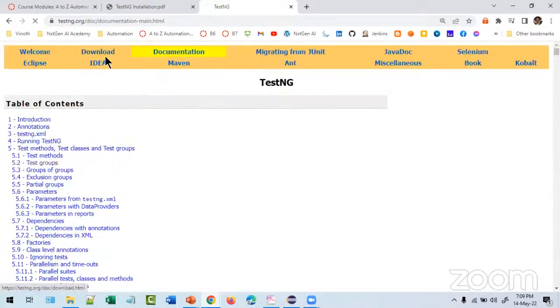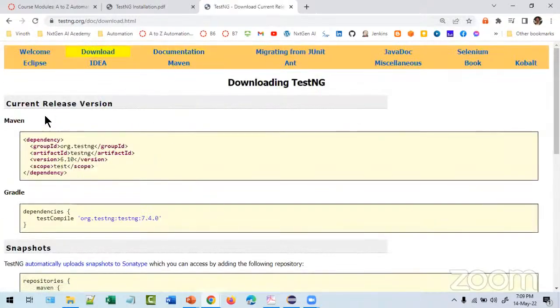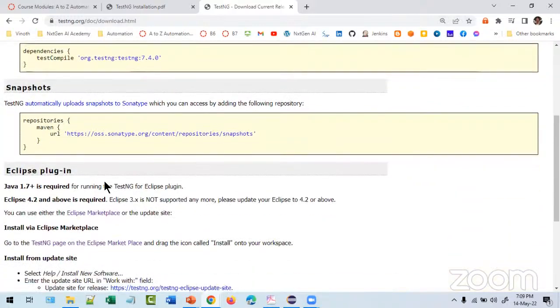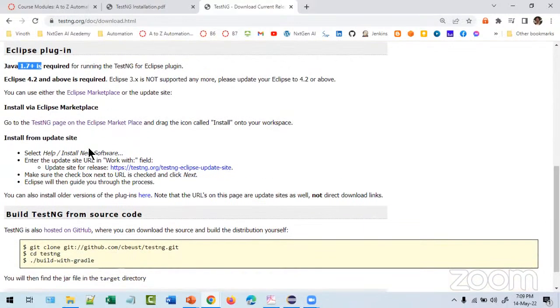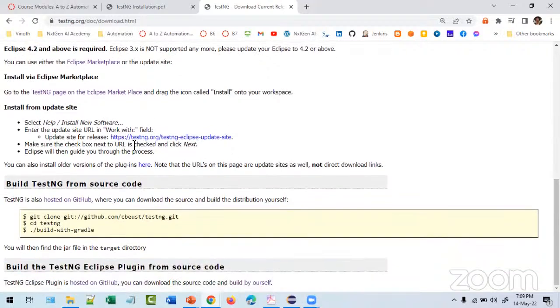Here, if you go to download, if it is Maven, if it's Gradle, and see Eclipse plugin. What is the minimum we are expecting? Java 1.7 is required. We are using JDK 11, so it's not an issue. And here, update site for release, this one.